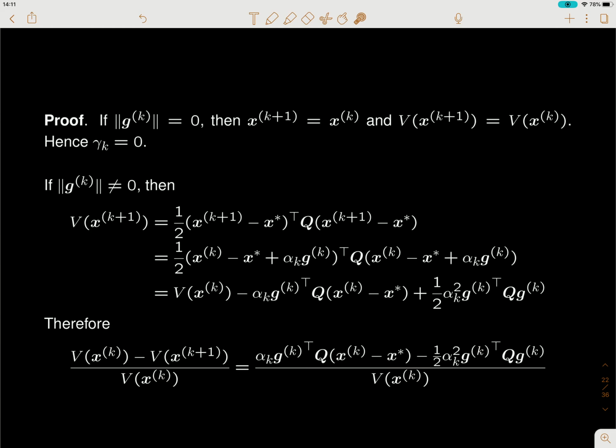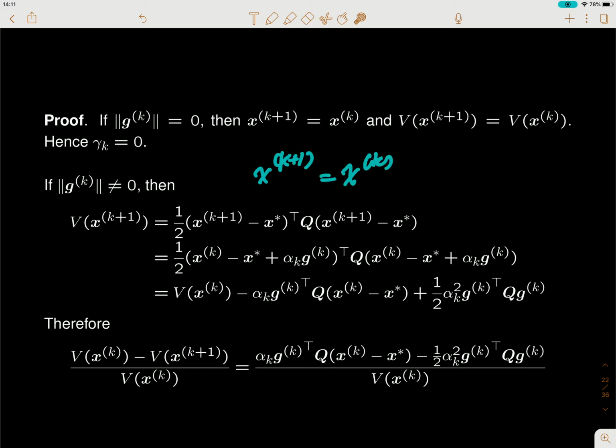Okay, so let's recall that definition, or property, of v. That would be just this, right? One half of this distance transpose Q times this vector distance itself. Now remember that the steepest descent method is implemented in a way that x_{k+1}